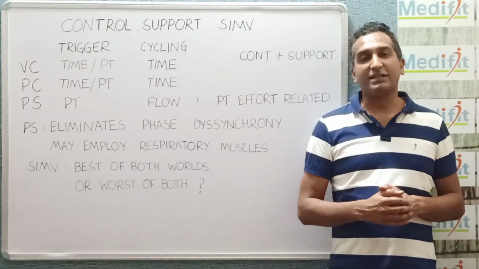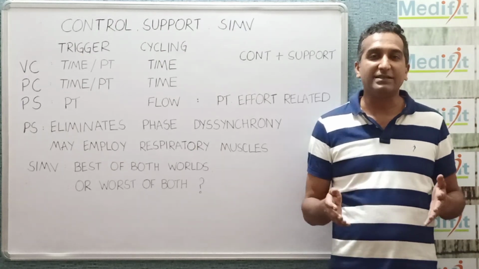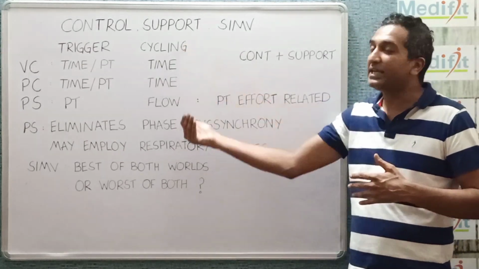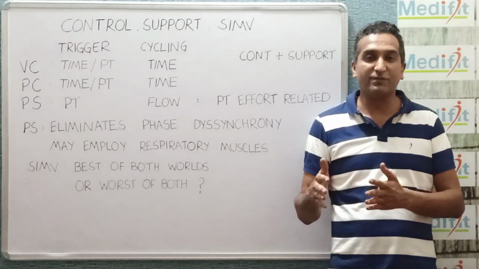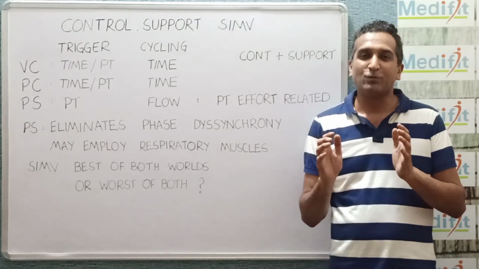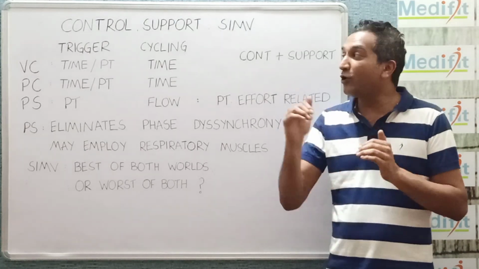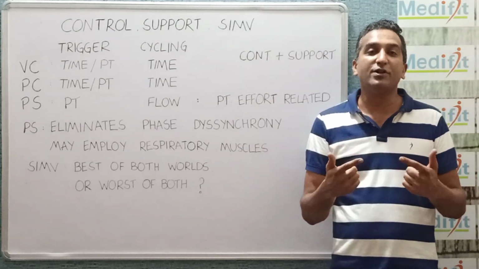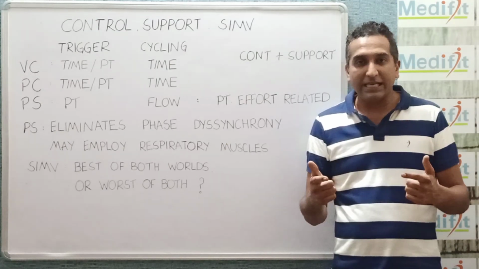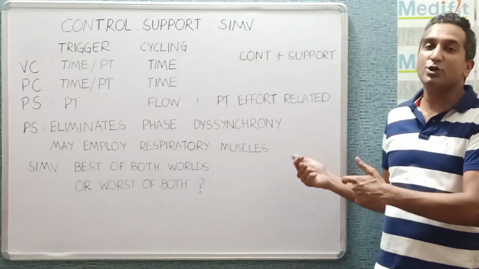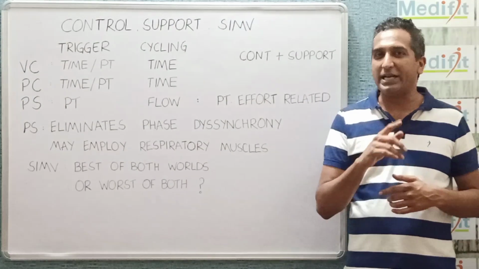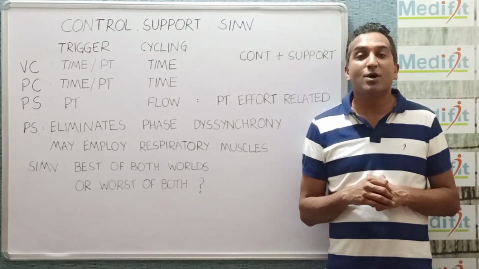But even that did not take away the dyssynchrony. It was actually found by clinical trials that the dyssynchrony is actually greater. And this is believed to be due to the different types of cycling of the breath. One which is time cycled, one which is flow cycled. And it is believed our brain cannot tune in to every different breath to have actually a different flow time for each breath, which is what introduces dyssynchrony. And sometimes when the efforts are made too frequently, there might be actually exhaustion, because those will be supported breaths, not controlled breaths. This also gave us one very good lesson, that weaning should not be mode dependent.